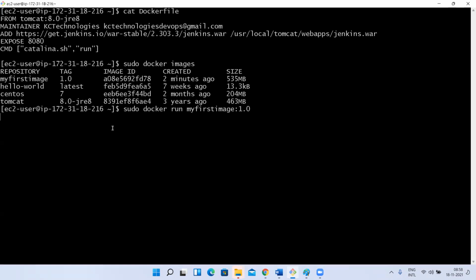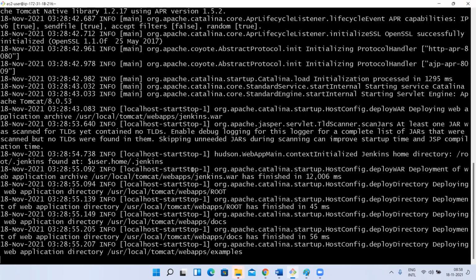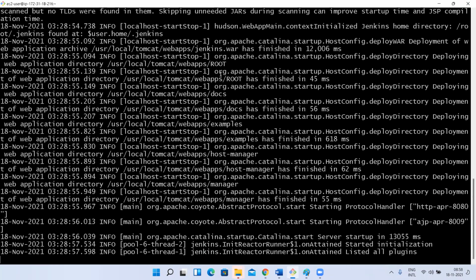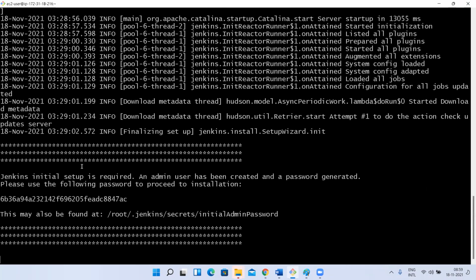Now see this. But I have to run it in a detached mode. You observe this. If I don't run it in detached mode, it has started my Tomcat here itself. It is showing in the terminal. If I close the terminal, my container will get stopped. So that is the reason I want to run it in detached mode. Hyphen minus minus d, you have to define. Else, if you don't give that, it will show here only. Then it is a problem for me.